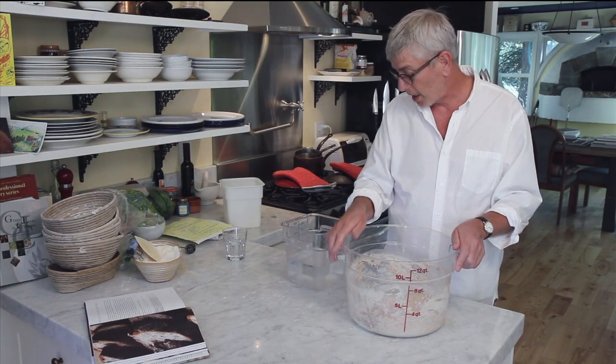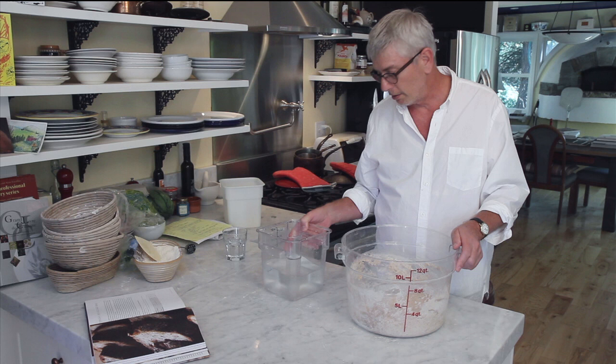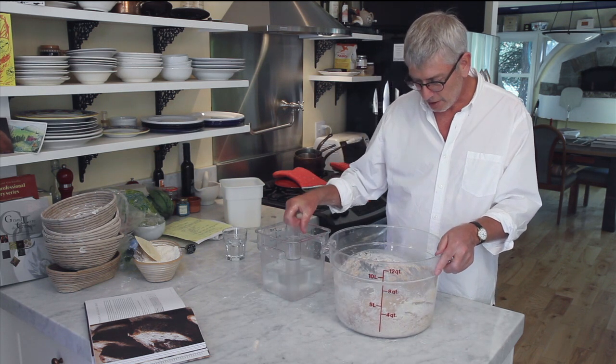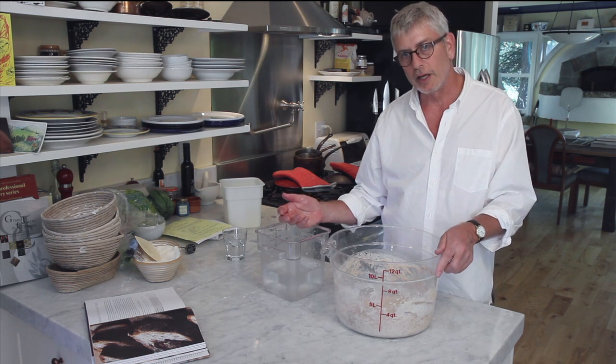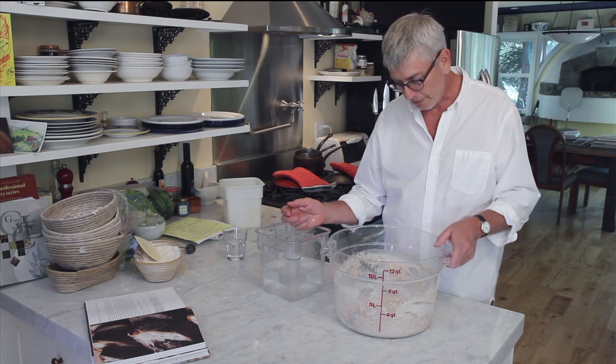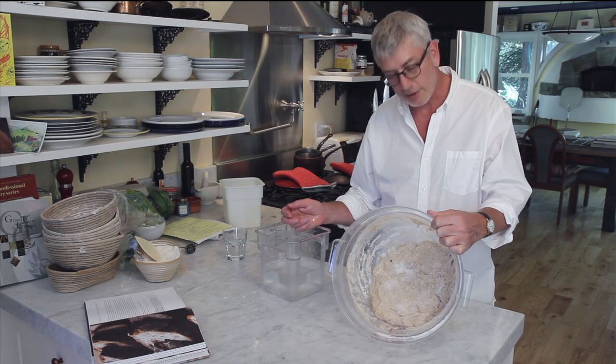And now we're going to mix it by hand. I keep a tub of water handy, and I dip said hand in the water. This basically just allows me to do the mix with my hand without the dough, the salt, or the yeast sticking to my hand. And the first thing to do, since the salt and the yeast are on top,